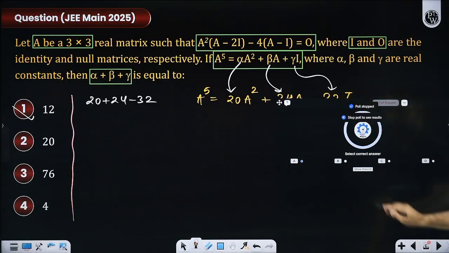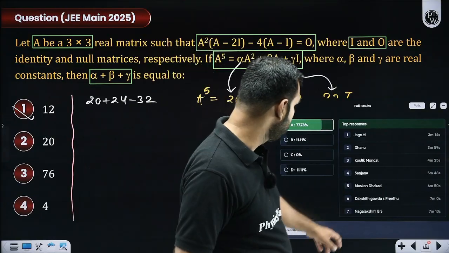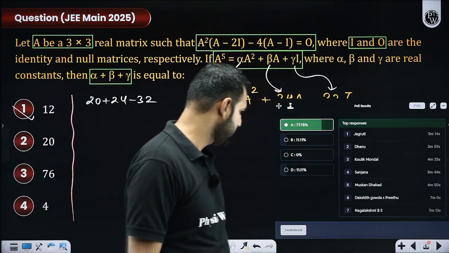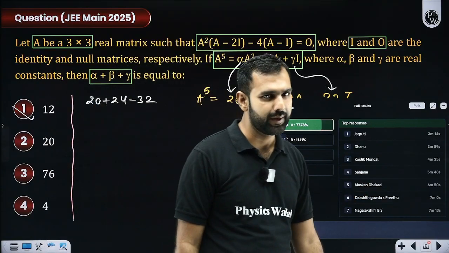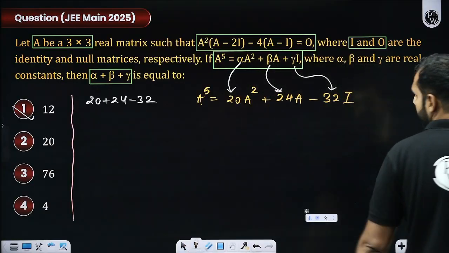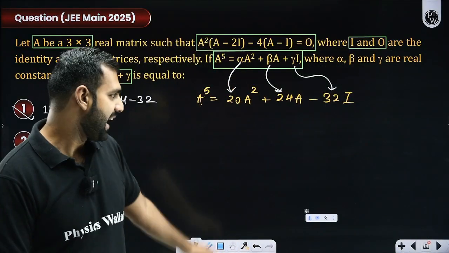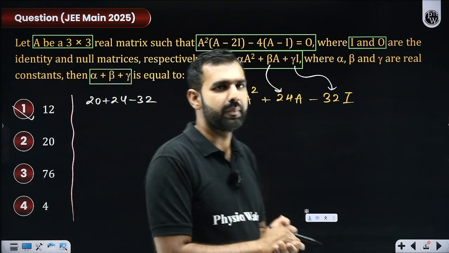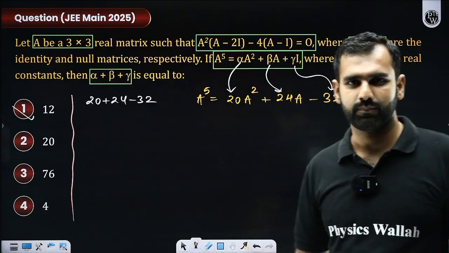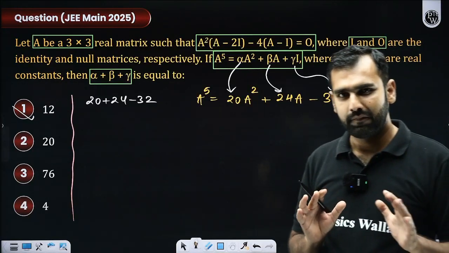Let's quickly see how many of you got an option A. 77%. Jagriti, Dhanu, Kolik, Sanjana, Muskan, Dakshit, Naglakshmi. That's brilliant. Some of you got option B and D as well. Why? Any calculation based error, or what mistake did you commit? Have you all understood how do we deal with simple matrix polynomial based questions? Did you all get this, or shall I re-explain any part of this question? All the participants. Everybody understood that?